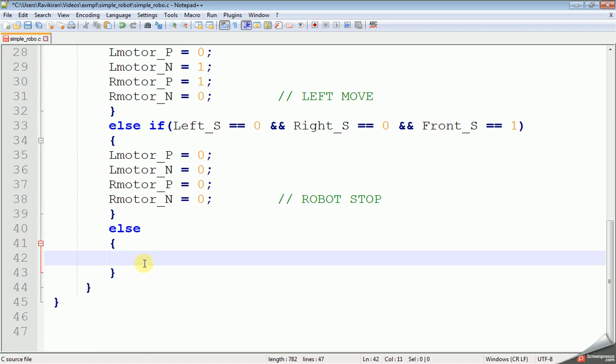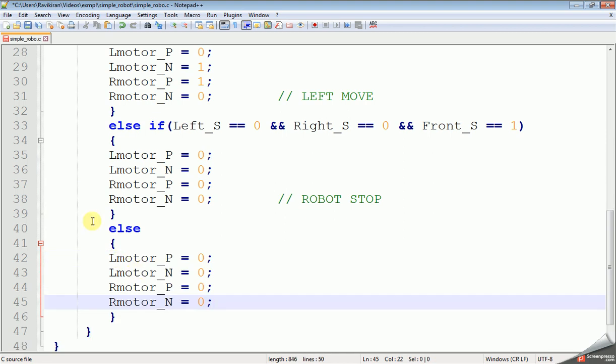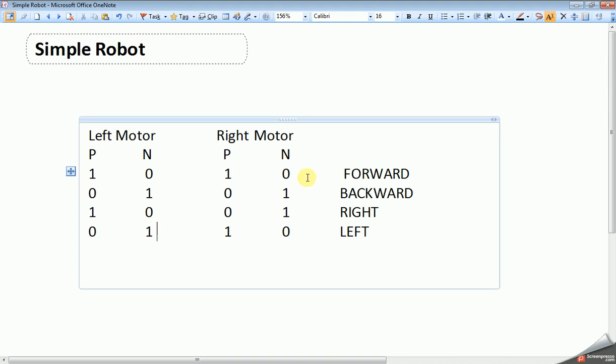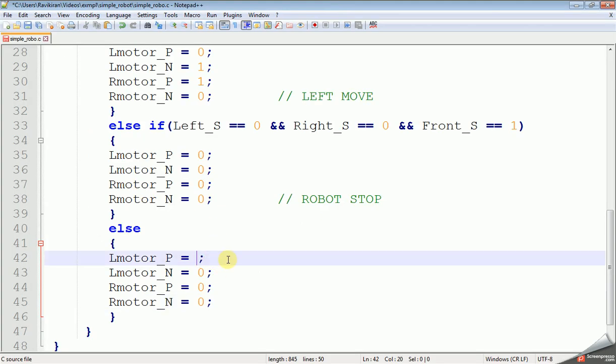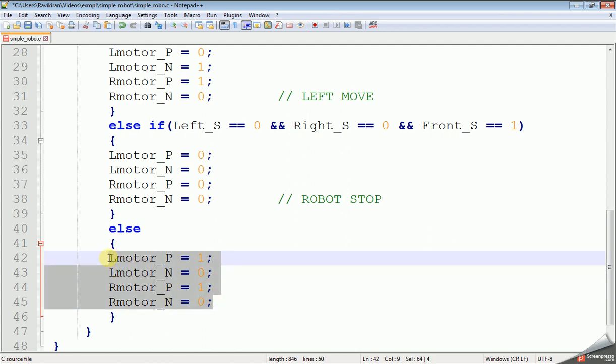Then the robot has to continuously go in the forward direction. So forward means 1 0 1 0. So this is the default condition. By default, whenever you switch on the power, the robot immediately starts moving forward.